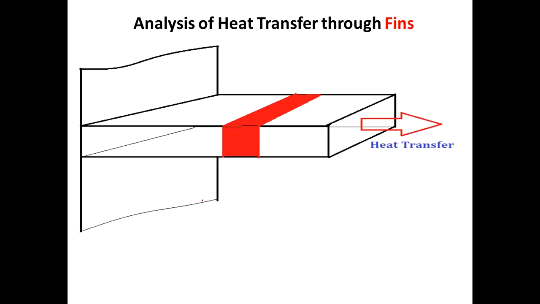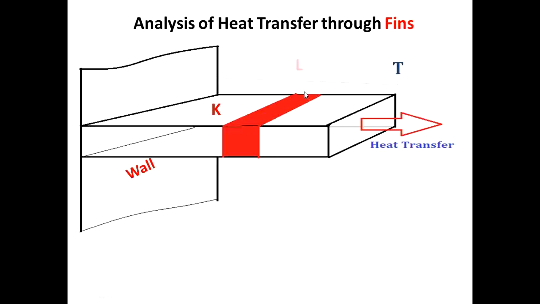This is the fin structure. This is the extended surface from the body. Heat should be transferred like this. This is the source, and the temperature here is T. Anywhere you take the temperature, it will be T, and then outside you will have h, the heat transfer coefficient, because the fluid will carry out the heat energy coming from the fins. Wall. Thermal conductivity will be k of the material.